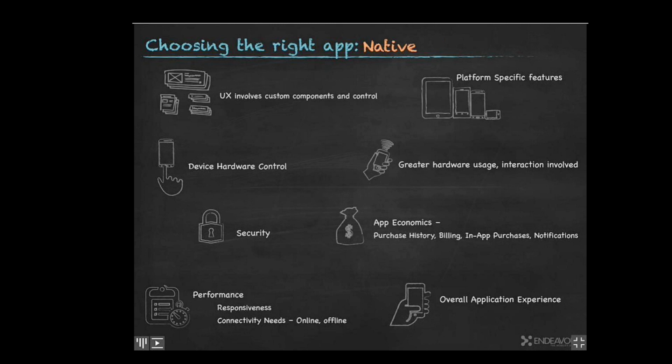Security, that's where the native reigns. When it comes to building more secure applications where you've got to protect local data stored on the device, native apps are just unbeatable. Encryption there can be handled without affecting performance. With regard to performance, it's just generally observed that native apps are more responsive, significantly more responsive.